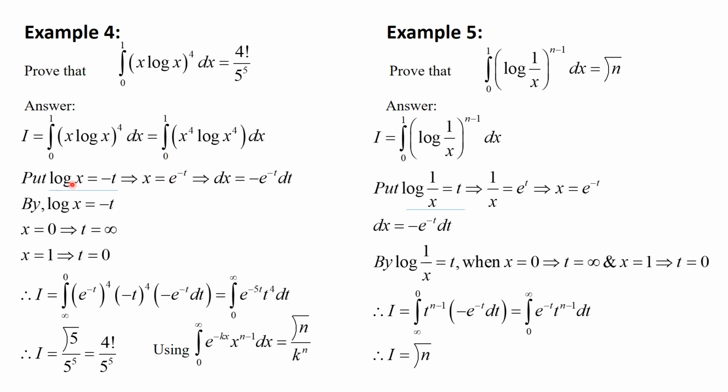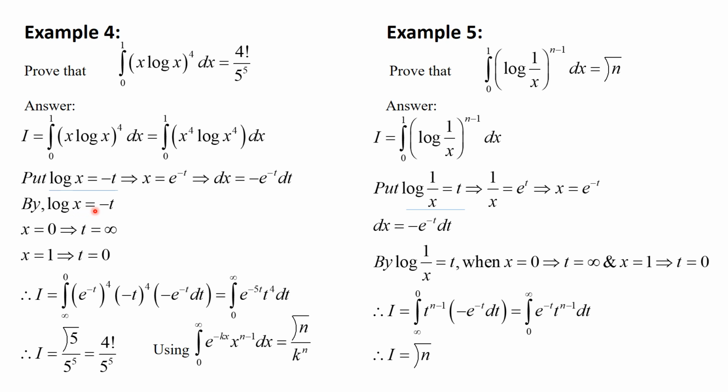So it depends, the substitution for log x is t or minus t, where the term is present in the integral with logarithmic form. So substitute log x is equal to minus t, so that x gives the value as e raised to minus t, which is our required form of e raised to minus x. So x equal to e raised to minus t, differentiation leads to dx is equal to minus e raised to minus t with respect to t.